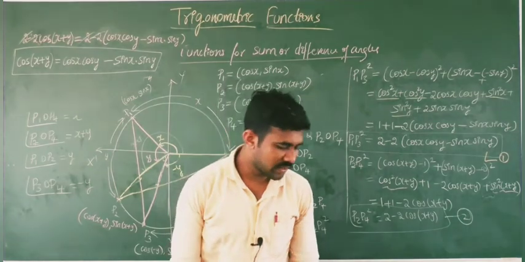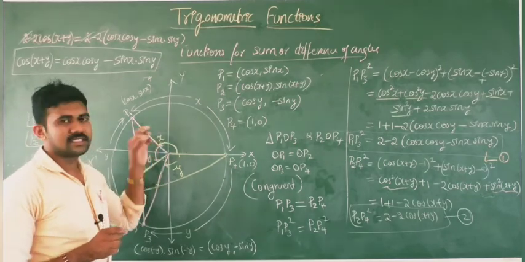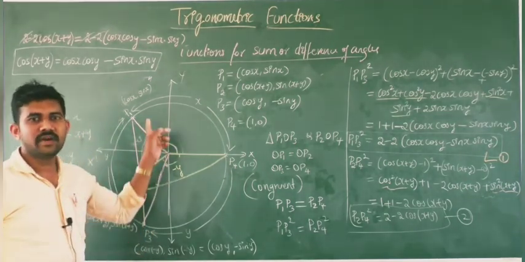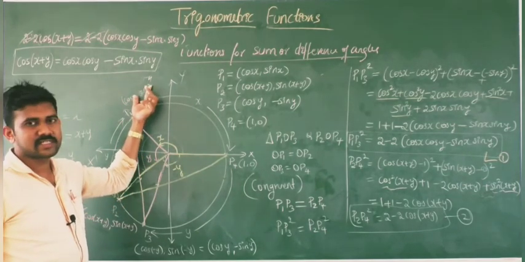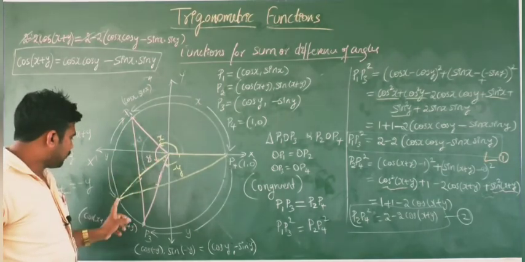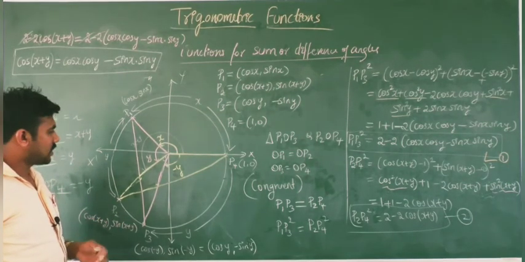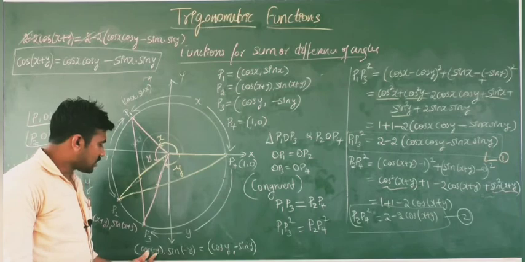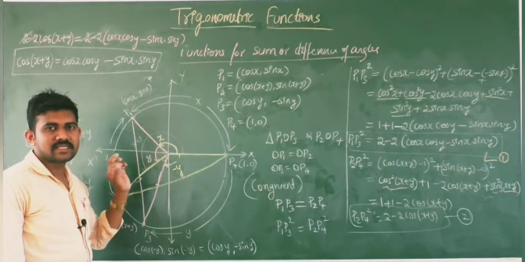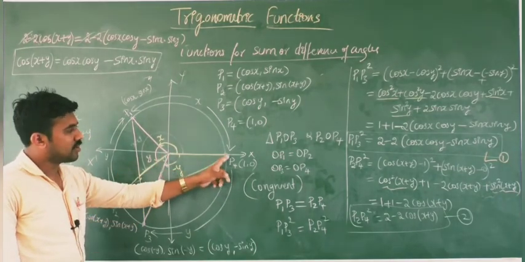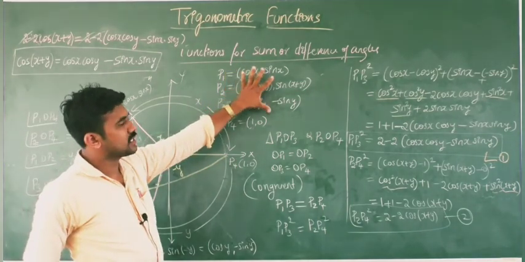Okay, so once again I'll explain briefly here. First you need to consider a unit circle in a plane whose center is at the origin. Then you have to mark 4 points on the circle such that the coordinates of P1 are cos x comma sin x, means the central angle is x. Point P2 with the central angle x plus y, means the coordinates of P2 are cos x plus y comma sin x plus y. Coordinates of P3 are cos minus y comma sin minus y, means it is measured in the clockwise direction with the central angle minus y. And P4 is on the x-axis, so the coordinates of P4 are 1 comma 0. Okay, so you should know these 4 coordinates properly.